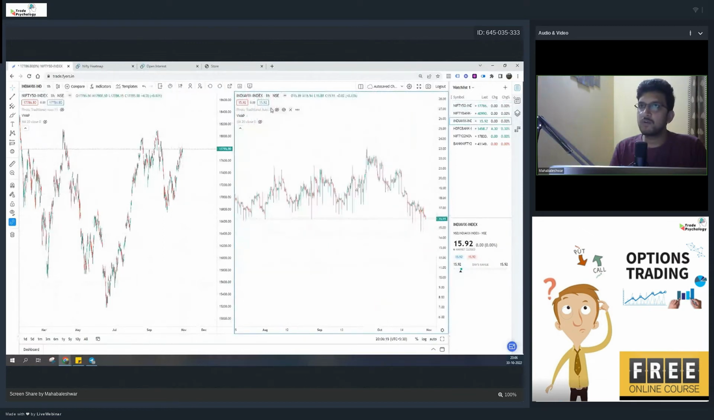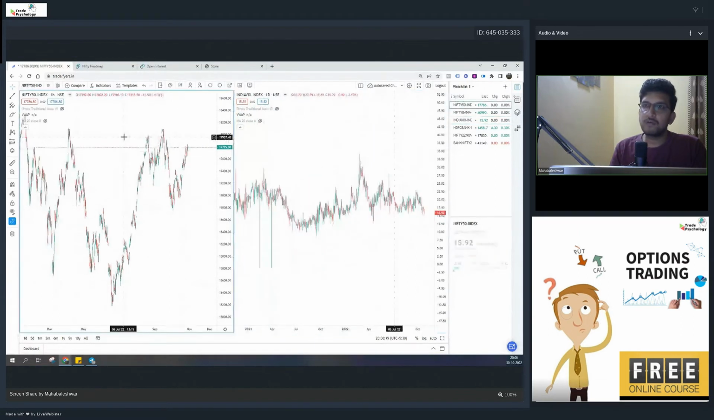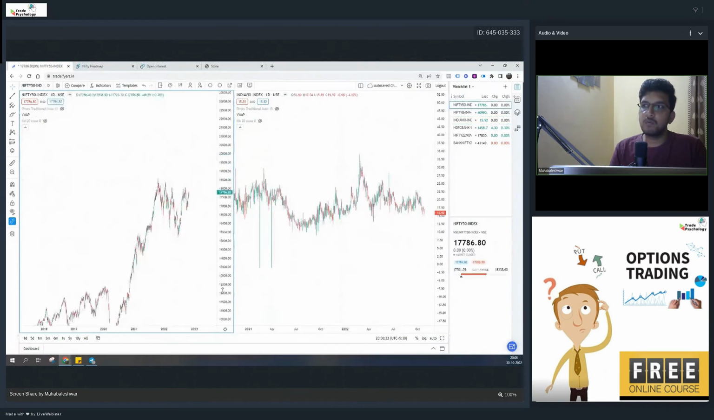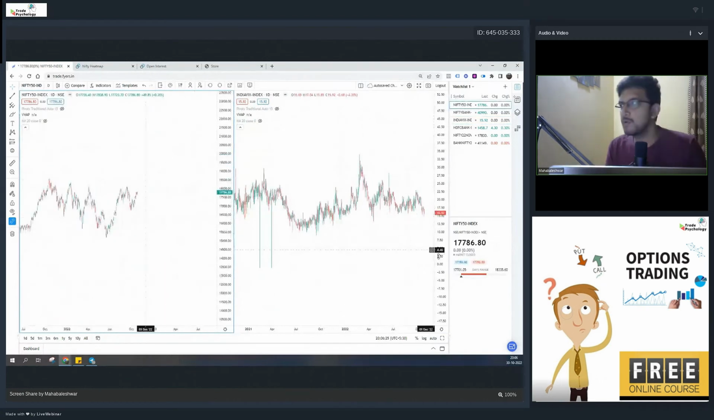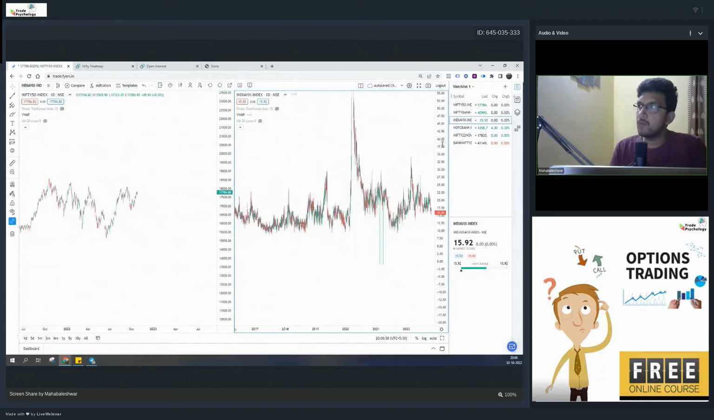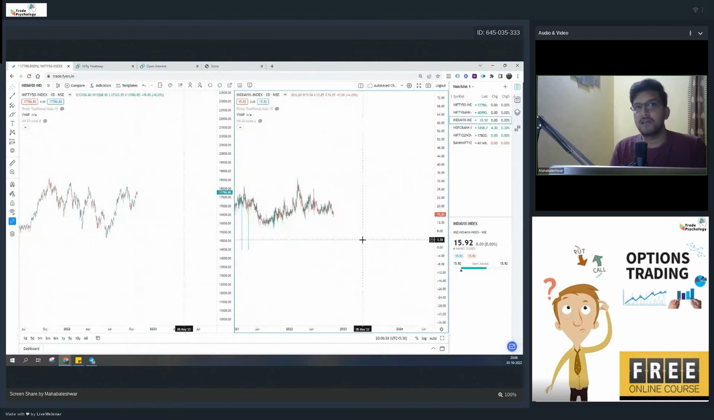So let me just go for the 1 day time frame on the India VIX, and also I'll be going for the 1 day time frame for Nifty. Let us try to analyze how the VIX plays an important role in analyzing the market trends, especially the overall market trends, and why this is helpful for options traders, especially for trading options, and what are the different